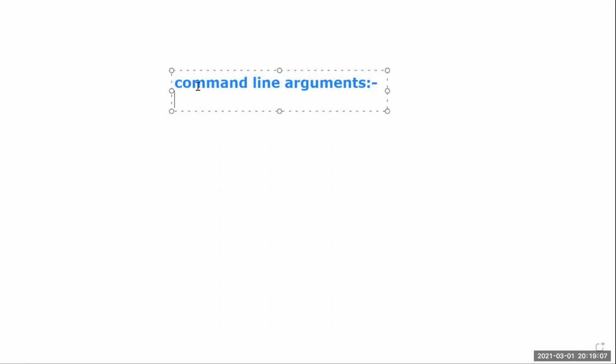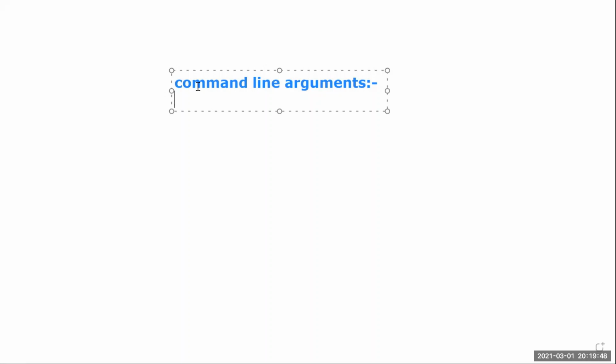But they are not that user friendly or beginner friendly, meaning for those who are just learning the language, it is not that easy to understand. But if you get expertise, then it is easy to use command line arguments for passing the input values. With respect to performance, this is faster because we directly use the command prompt to pass the input values. That's why the execution speed is higher with command line arguments.